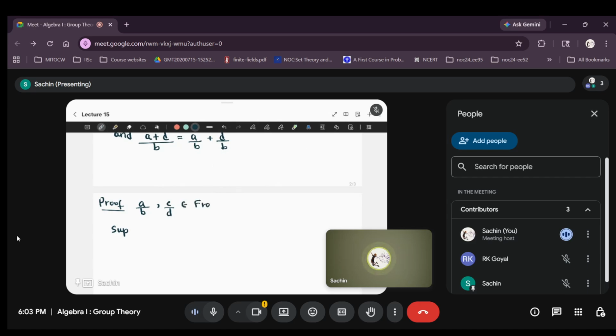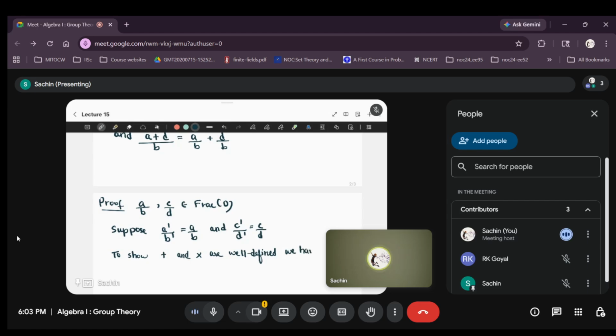and these belong to rack B. Suppose A prime by B prime is equal to A by B, and C prime by D prime is equal to C by D. To show the left hand side is well defined,